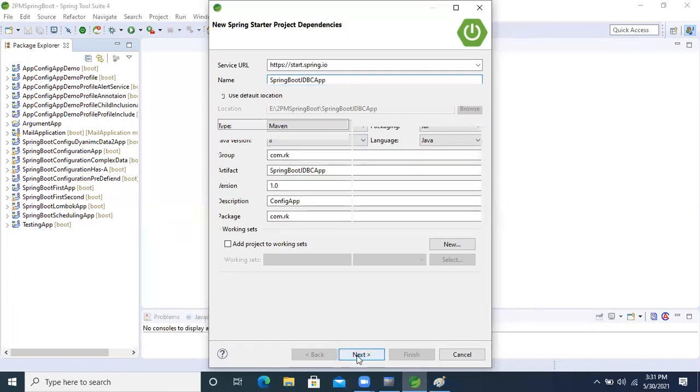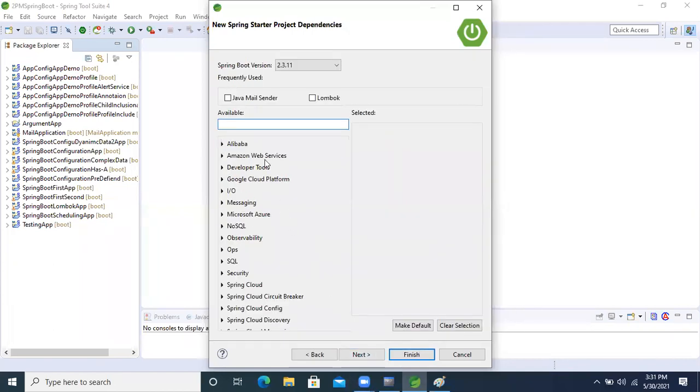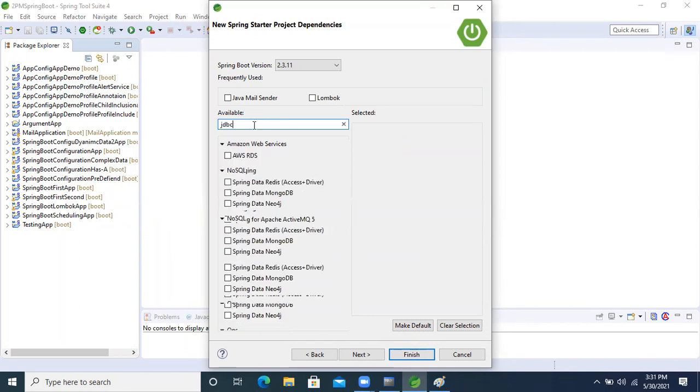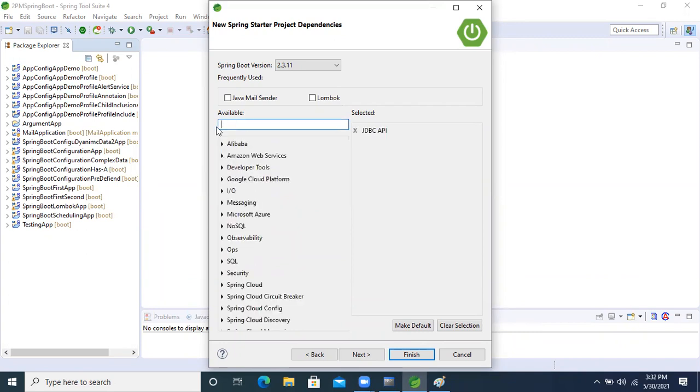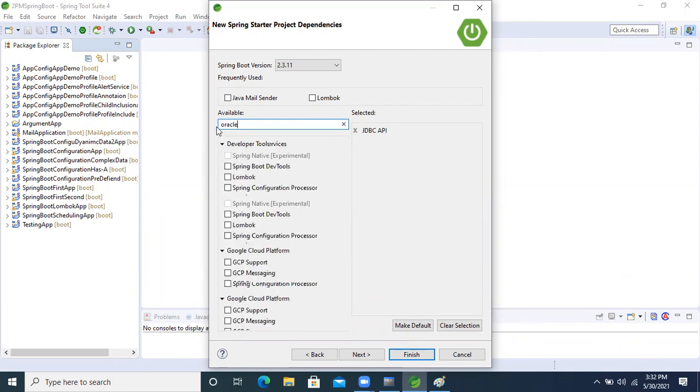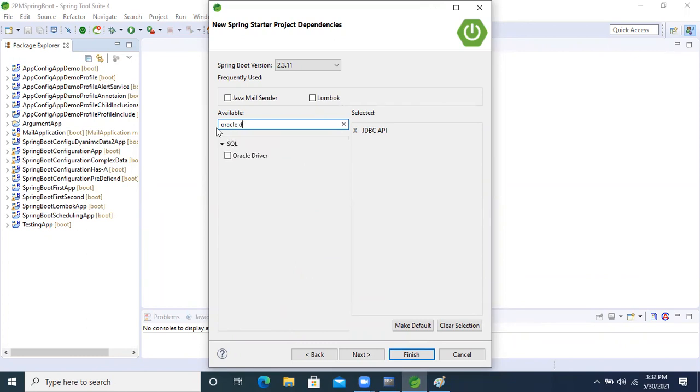Now next, we will select first the JDBC API. Select the first one, JDBC API. Another one more is needed. To interact with Oracle, search Oracle and select the Oracle driver.